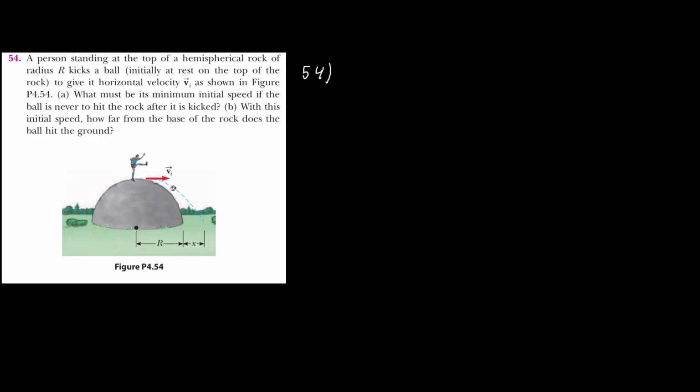This is a very interesting problem because we're talking about a guy standing on a hemisphere. So this motion is already going to get modeled. So I'm going to draw this. There we go. So this guy is going to kick the ball. Here's the hemisphere. What is the initial speed v naught that this guy has to kick in order to travel and not hit this rock? Because remember, if you travel it low, it's just going to hit the rock. Now, if you travel high enough,